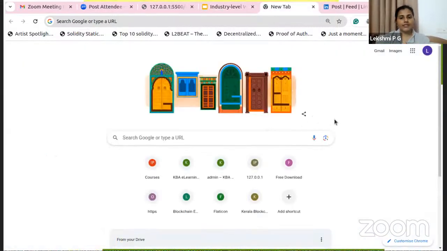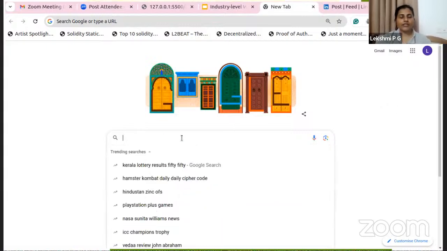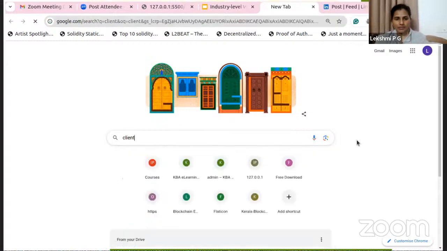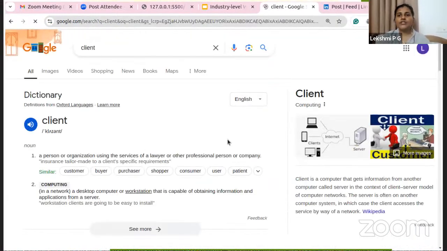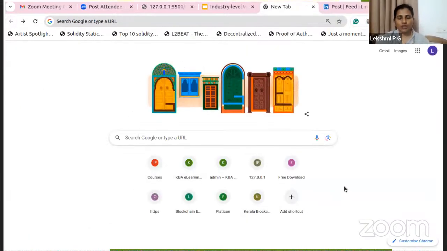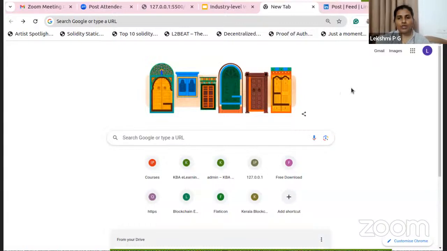Google is a search engine we all are using, right? All are using Google on a day-to-day basis. So this is the website of Google. If we write something like client and server and click search, it will give some results, right? So this is the homepage of Google. And if you right click